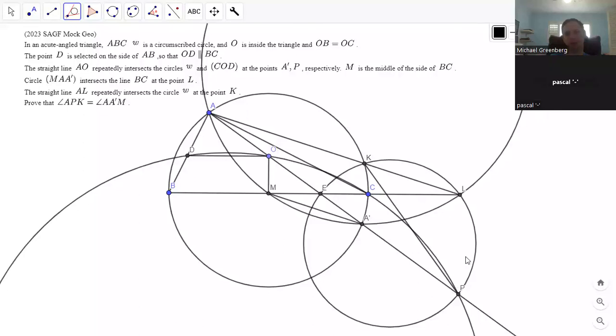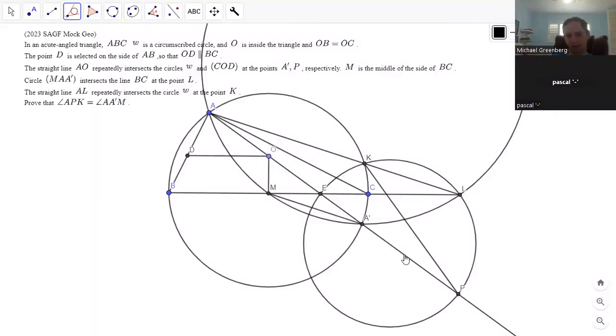The problem is equivalent to showing this is cyclic. So what if we instead let P prime, so we could define E, it's just AO intersect BC. So we can define E, we can define L. It's just A, M, A prime, intersect BC. And we can define K. So what if we define P,